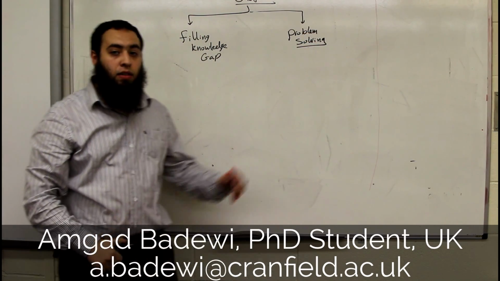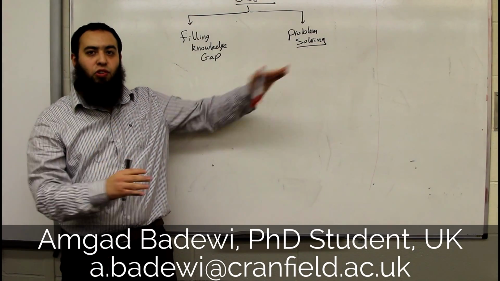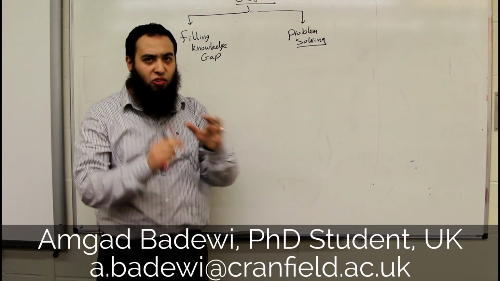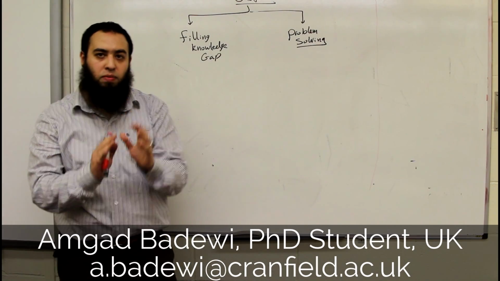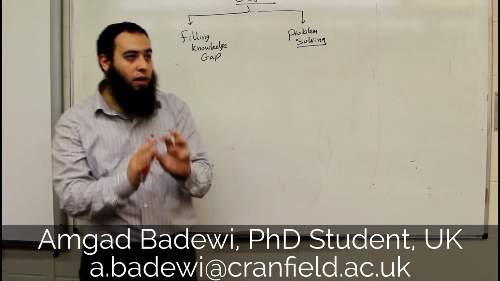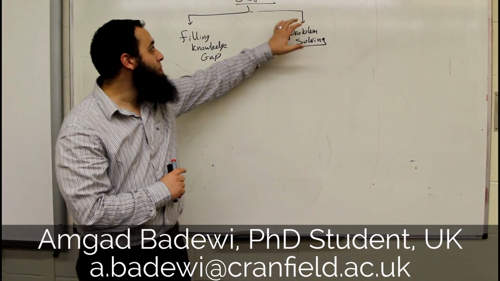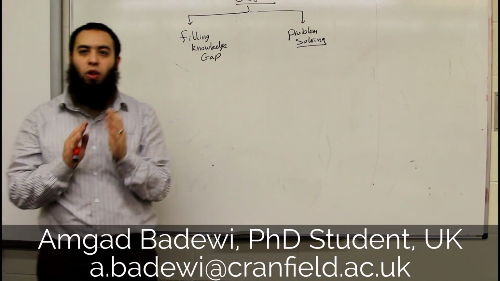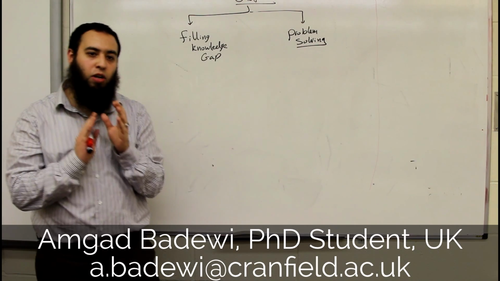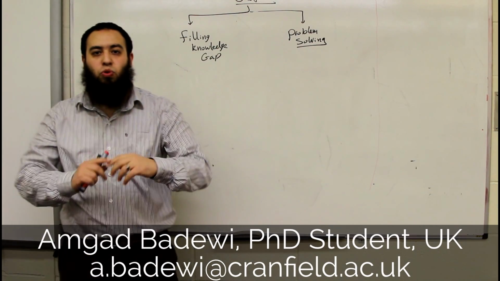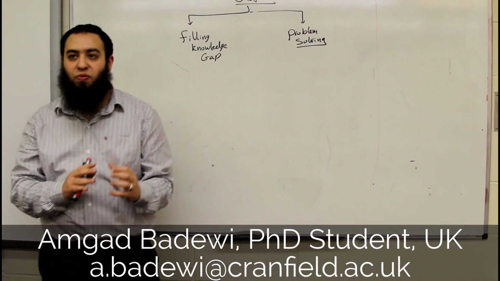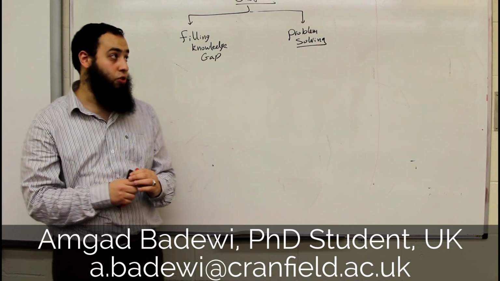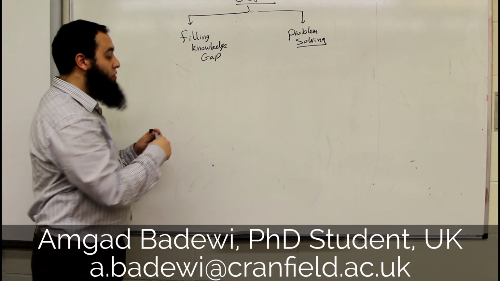We said that problem solving researchers, sometimes we call it applied science researchers, try to solve a problem. They have a certain problem and they come to solve this problem, so they make a research. On the other hand, filling knowledge gap, these people are major academics, major theoretical, and these people try to read a lot of books, try to find knowledge gap. From this knowledge gap, they develop their research. That's why we have two different approaches.